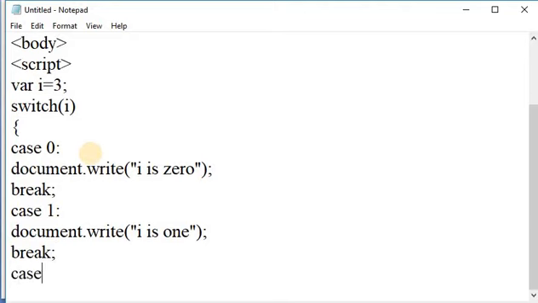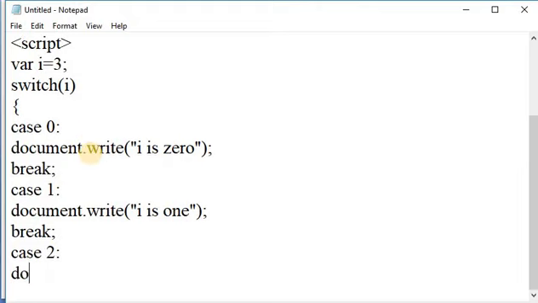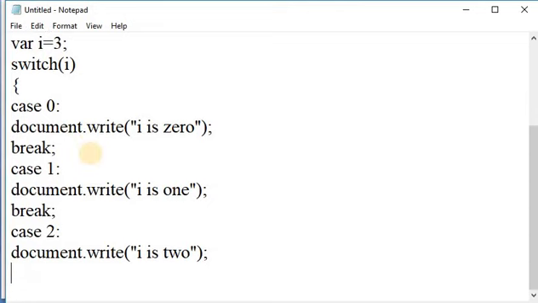Here again I am taking case 2. In case 2, I am writing the document.write method. In this, i is 2. And break.